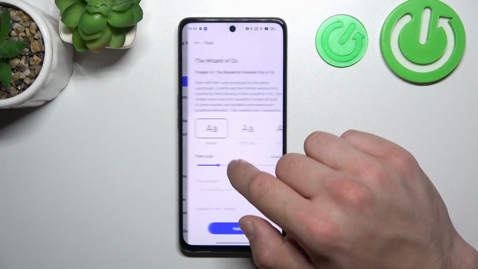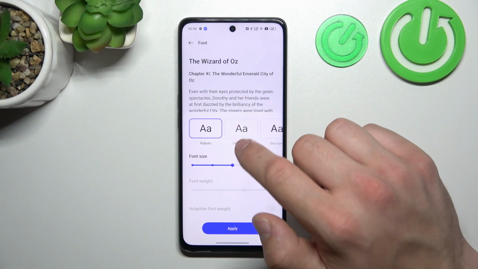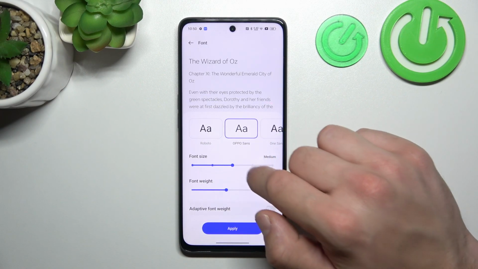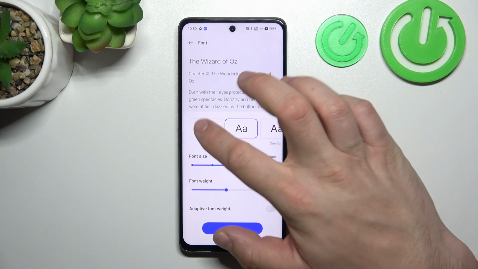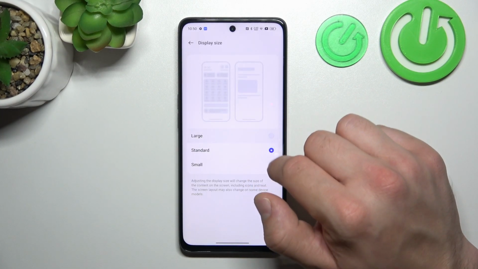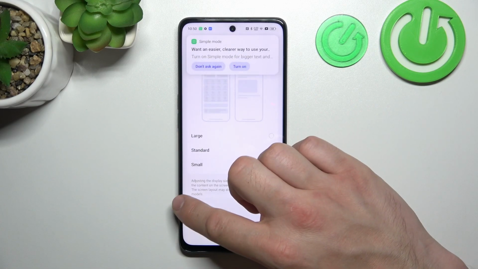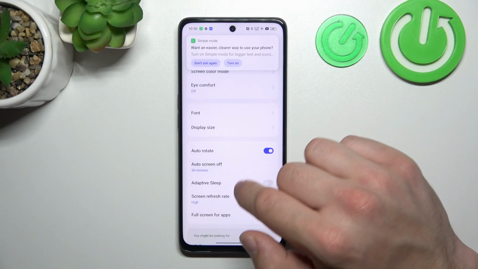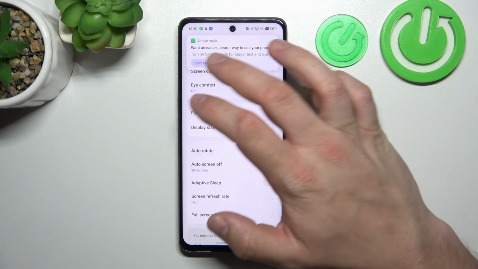Then we can change font size, font weight, and enable or disable adaptive font weight. Then we can change display size between large, small and standard, enable or disable auto rotate screen,